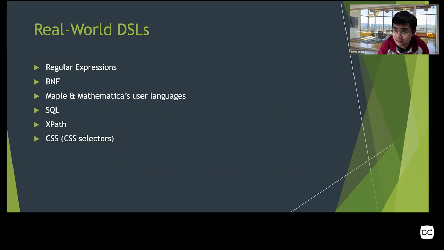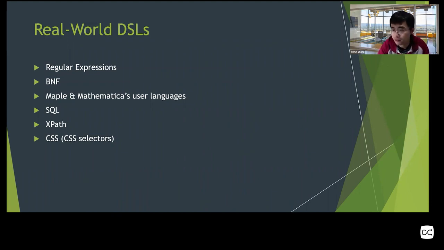And the second one is the BNF. BNF is a very powerful DSL for expressing grammar rules for languages, and there are many extensions to the good old BNF language, which makes it even more powerful.